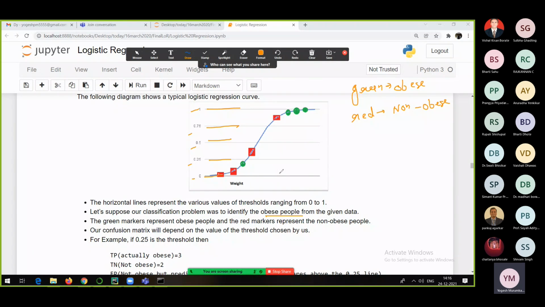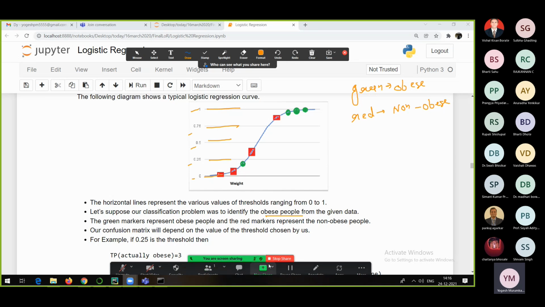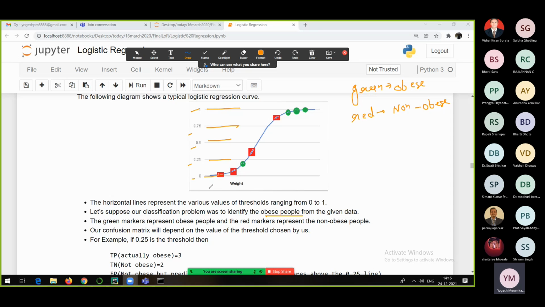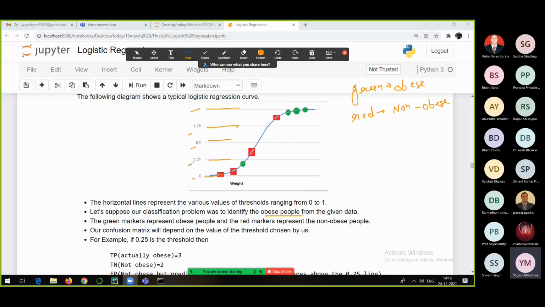Why are we discussing this? Because we want to understand how the threshold value is going to be decided. Like I told you, if the probability of a particular person being diabetic is greater than 0.5, then that person belongs to the diabetic class, otherwise the non-diabetic class. But who told us that the probability should be compared with 0.5 only? That depends on the threshold, and how to decide that threshold value is what I am trying to tell you. This is how it works internally, because logistic regression works on the concept of probability.